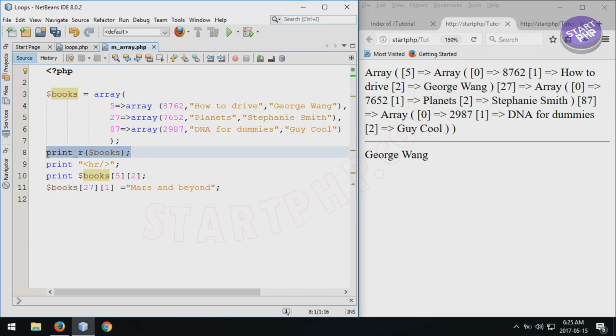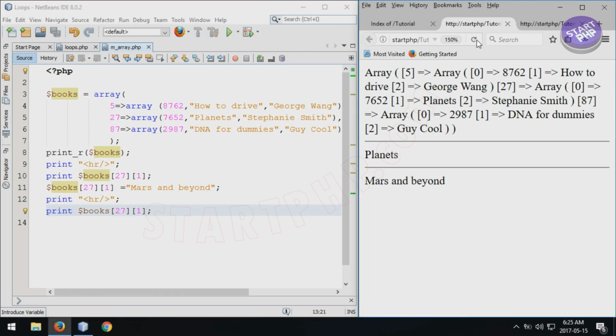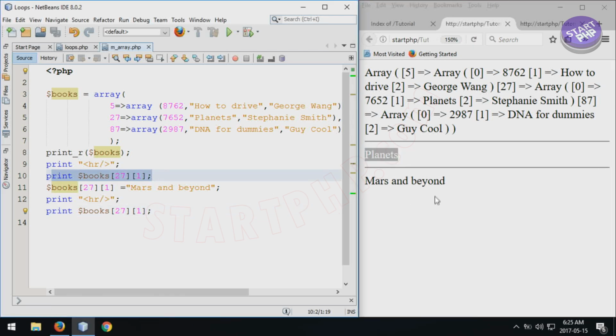So now if I print, let me print it here. So that's printing the same thing, and this here I'm changing it, and then let me print it again after the horizontal ruler, see what happens. So initially it's planets, this is planets, and then we are changing it and putting another horizontal ruler, and it has been changed. So if I print the whole thing again,